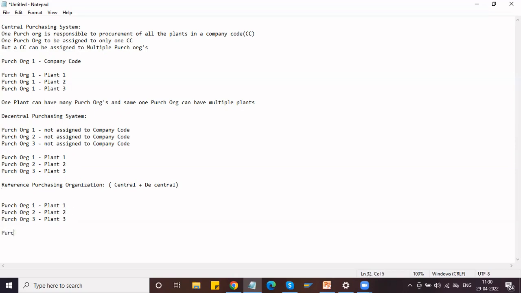Let's assume we can take one of the 3 purchasing organizations as the reference purchasing organization, or else you can create another purchasing organization and take it as the reference. Both are possible. Okay, Joseph, you understand, right? You can take purchasing organization 1 as a reference, or purchasing organization 2, or purchasing organization 3 as a reference. For example, in an apartment,